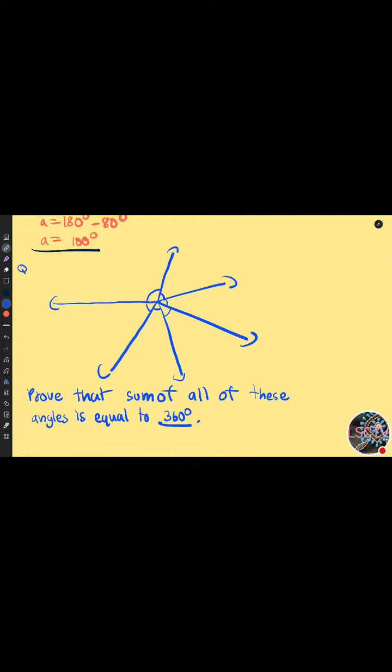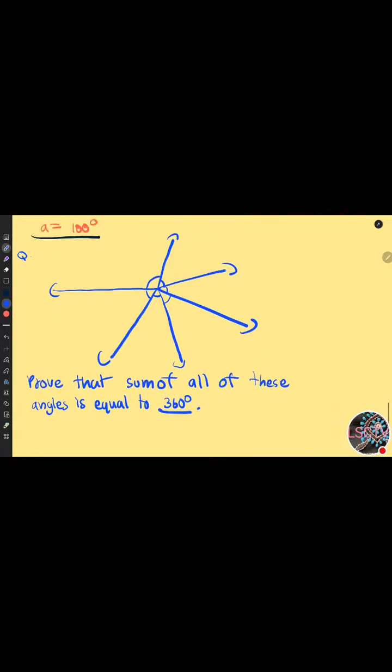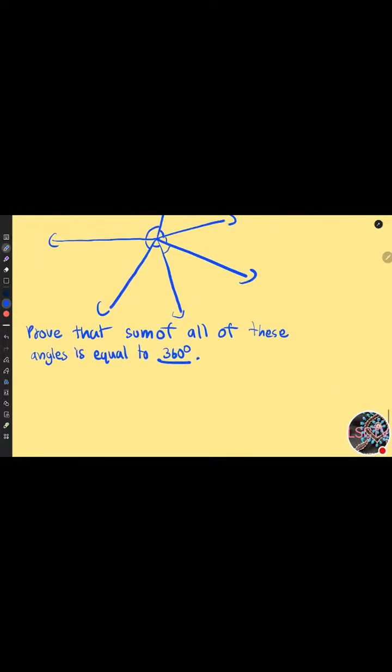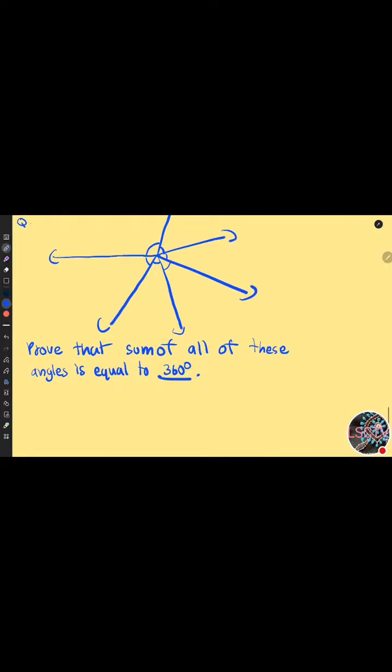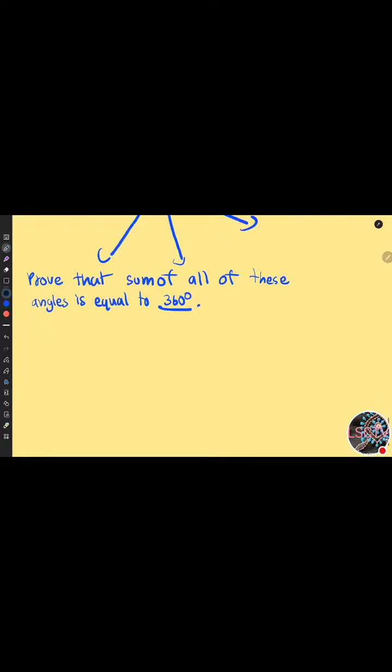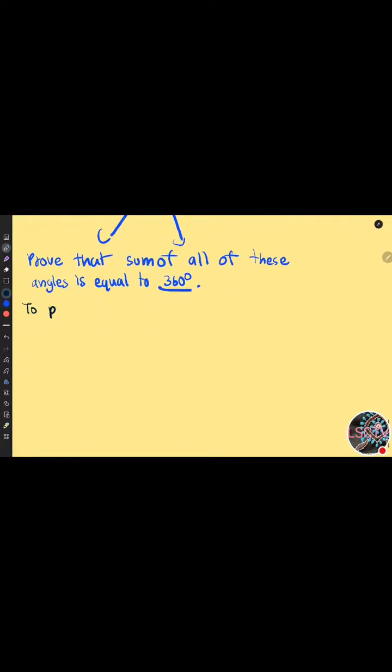How? Okay, first things first. See, label each angle, so that you don't need to label them as angle 1, angle 2, angle 3, angle 4, angle 5, angle 6. Fine. Okay. Got it? Fine. Now, to prove